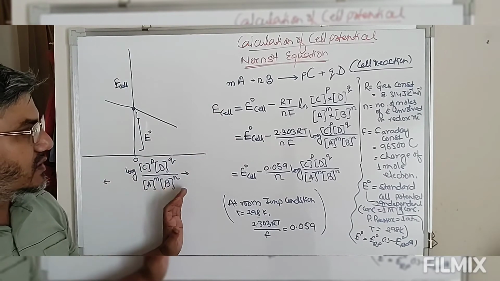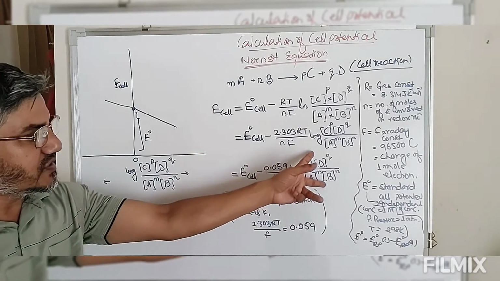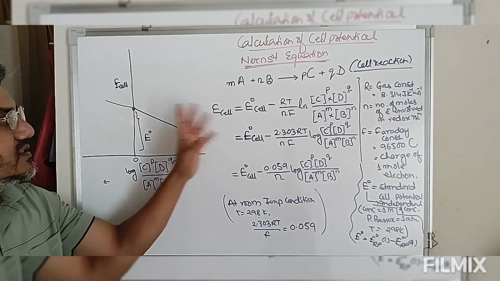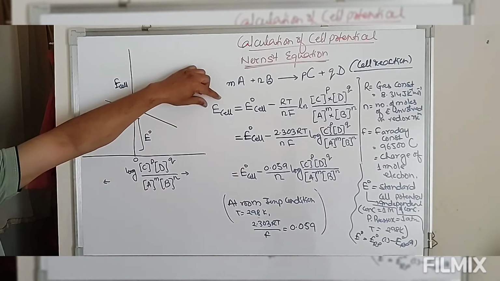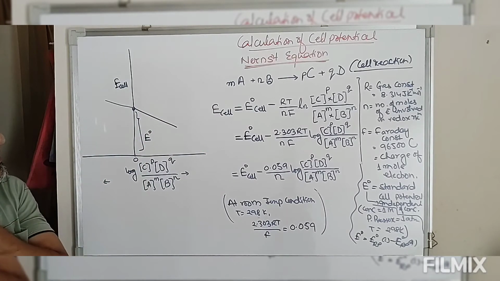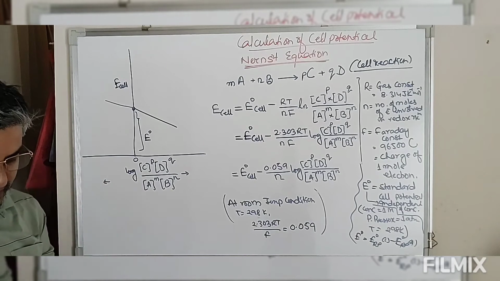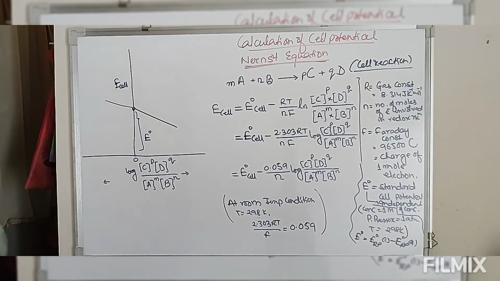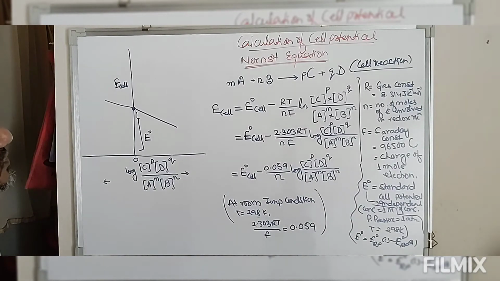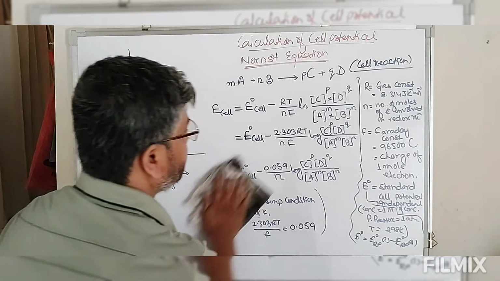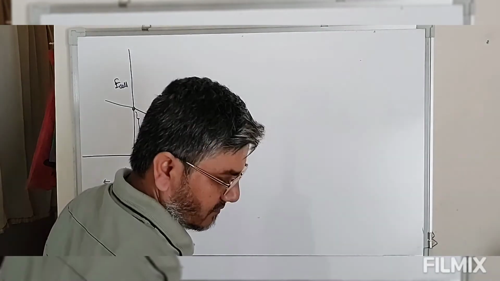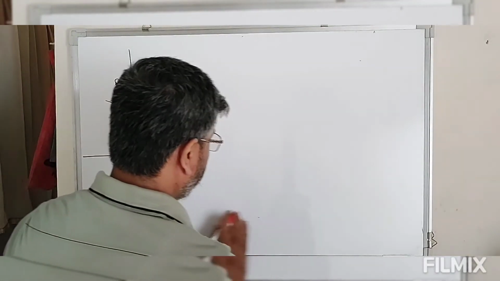And now look at this. If these concentrations are given to you and standard cell potentials are given to you, then we can easily define this cell. So this is how to write the Nernst equation from a given cell reaction. Now let's try to write out the Nernst equation for some standard cells. So let's take this cell, the Daniell cell.